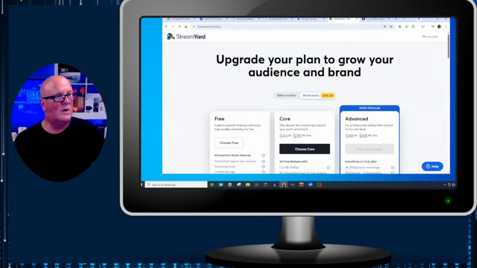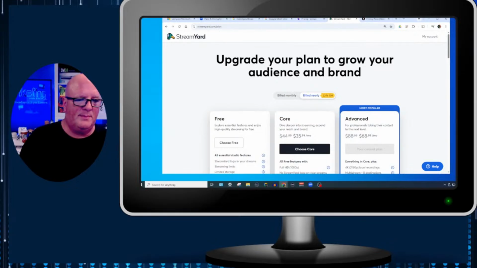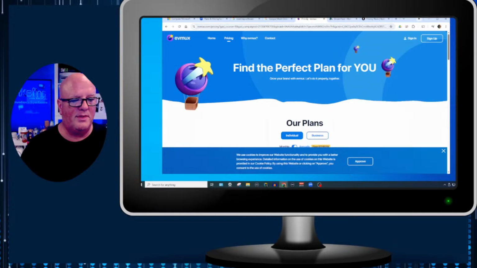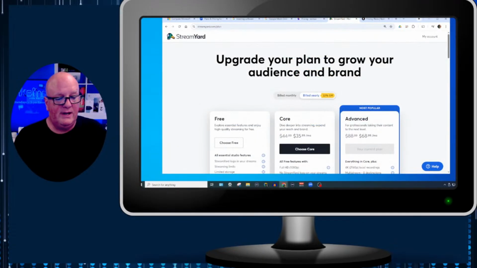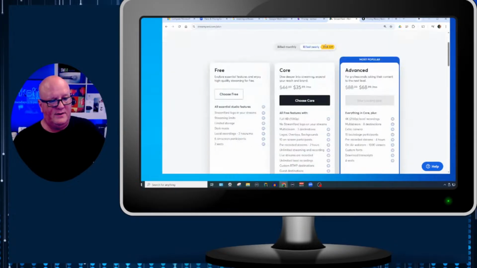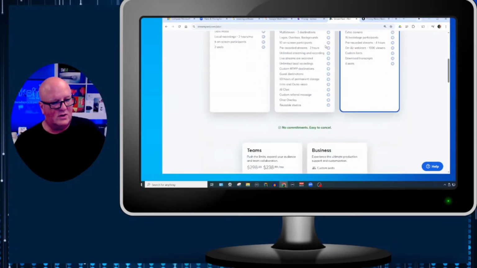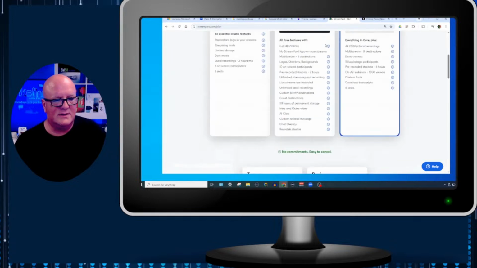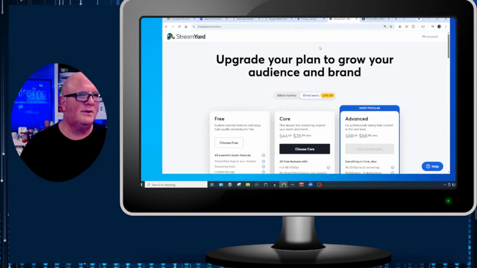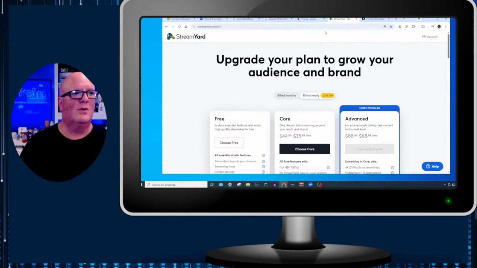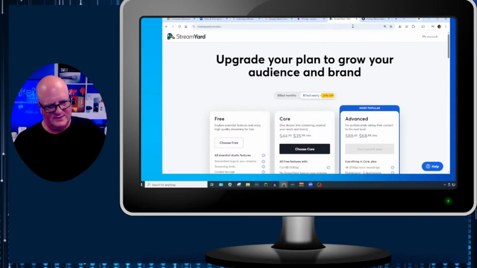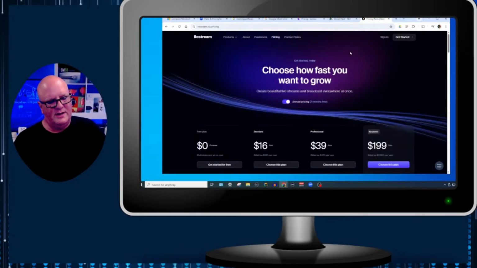Then StreamYard is one that I do use. I set up an EE account back over on this. I did set up an account with them, so I do have a plan. It's just at the free one right now. StreamYard is actually a paid one, and they do have a free. Then they have core and advanced, all this kind of stuff, and they got teams and business and all kinds of stuff that they've gone to and used stuff for that. And even some of the meeting software, now you can go live with some of those with certain paid accounts as well. And then Restream, another popular one right there.